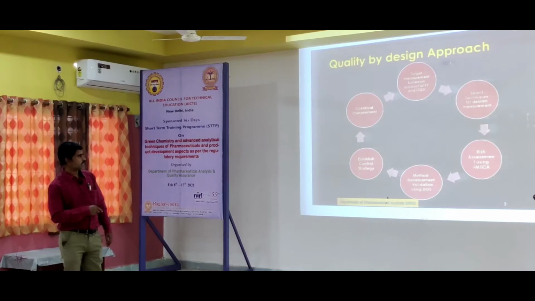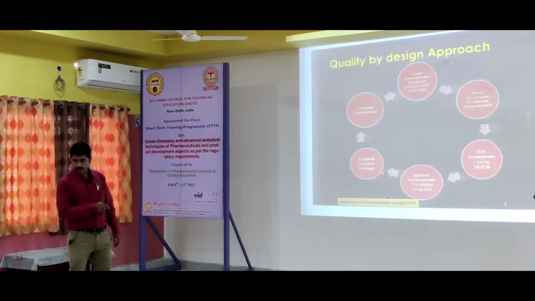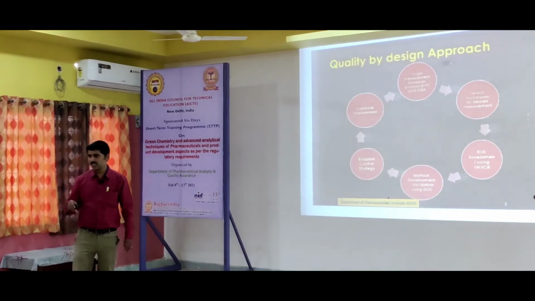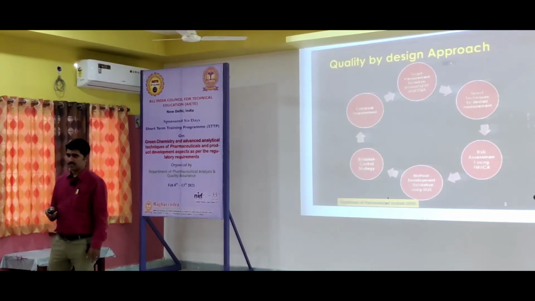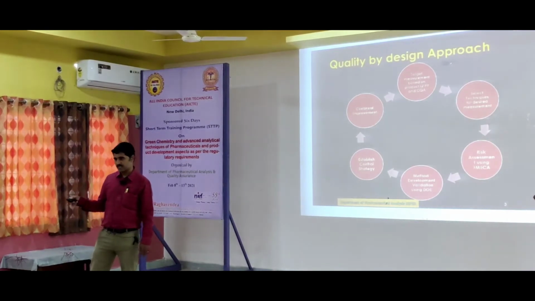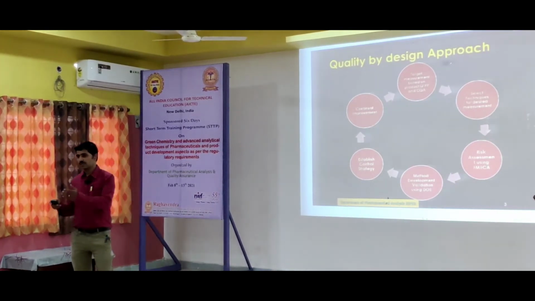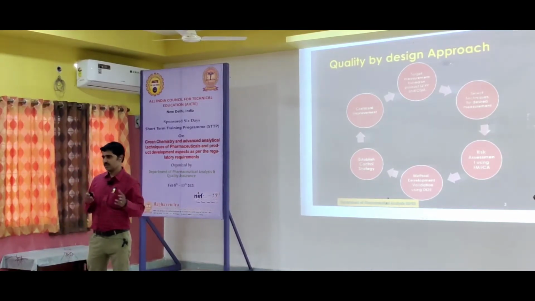Establish quality strategy, then continuous improvement. So this is method validation, and the same method will be applied, then continuous improvement. Still, if you want to further improve, suppose you are doing a stability assay method, you will be selecting the retention time in the range of 6 minutes. Why? Because suppose you are keeping 3 minutes as your retention time, some degradants you will be getting at less than 3 minutes. Less than 3 minutes means they may go under the void volume.